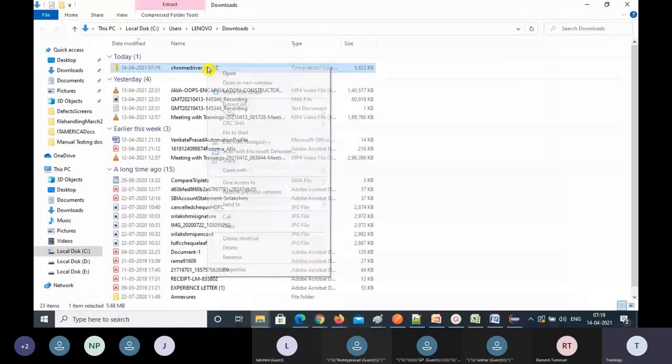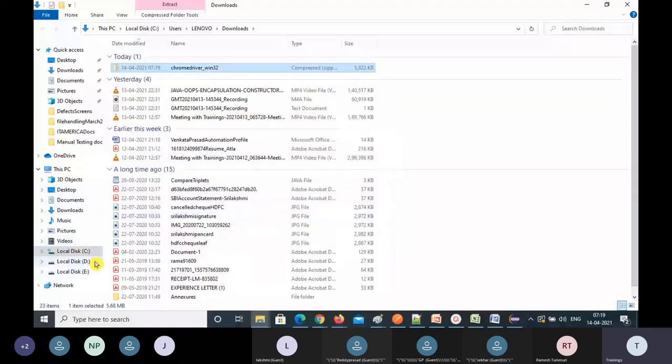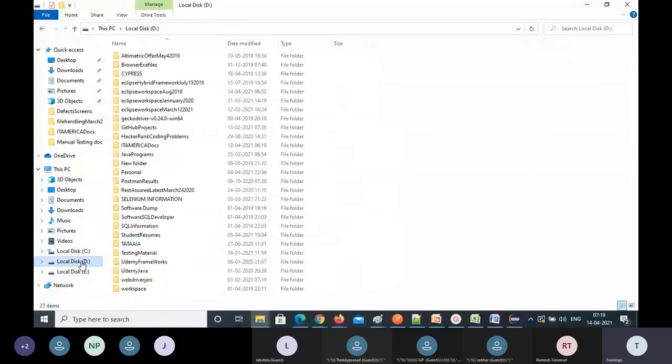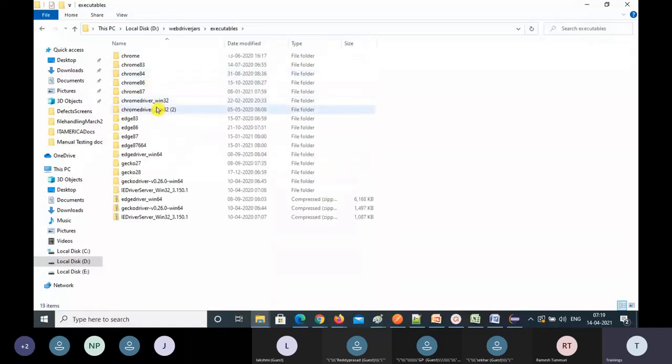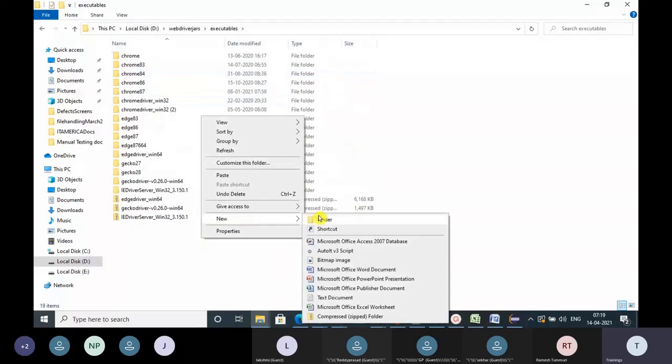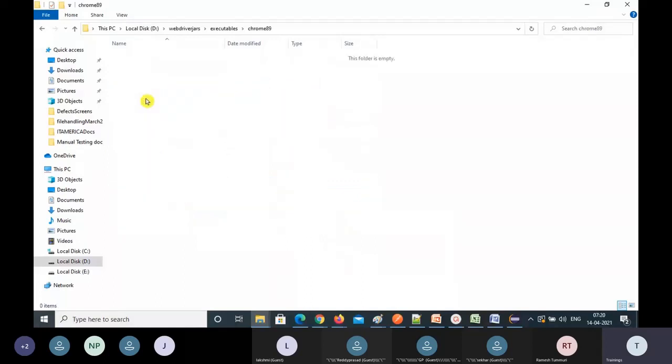First cut it and go to the WebDriver folder, where you kept the WebDriver jars, and place it there. For the executables, I created one more folder, and in it a Chrome folder. They are releasing many versions, so based on your Chrome version, you have to download. I'll create a new folder, Chrome 89, and place the zip file in it.